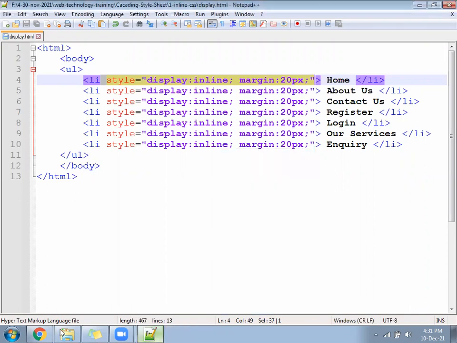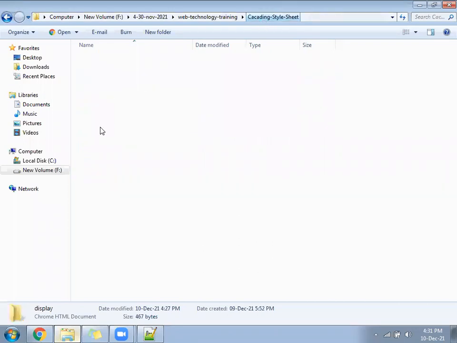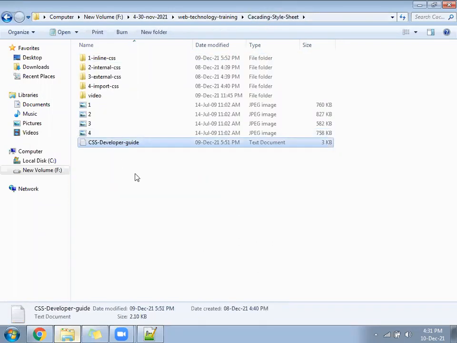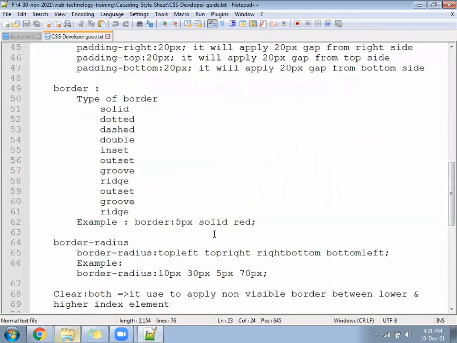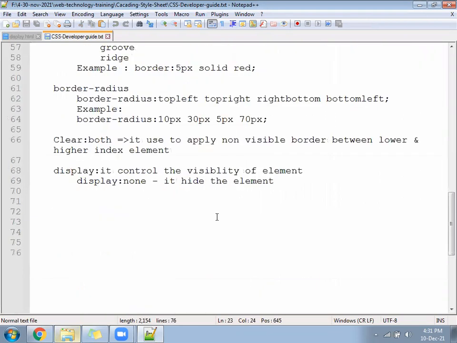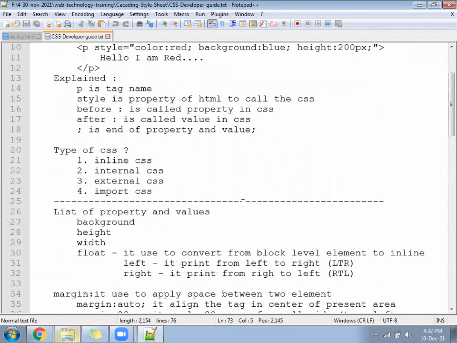Okay, so go to the developer guide. That we have one file. Open the developer guide page. In developer guide page, we have written here inline CSS, type of CSS.